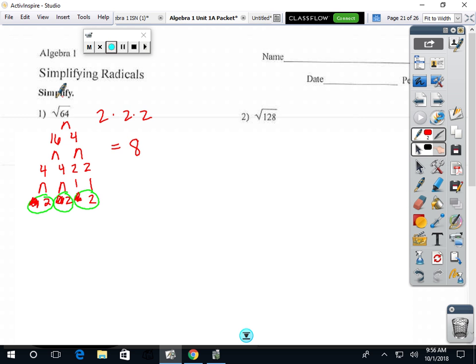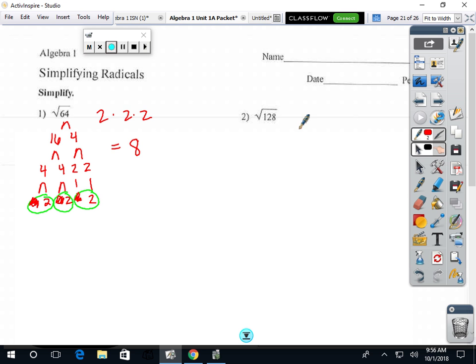So do you see why the square root of 64 is just 8 and there's no longer a radical symbol? Because if you look at it this way, nobody was being good. Everybody either got killed or kicked out, so nobody's living inside anymore. Okay, so now let's look at number